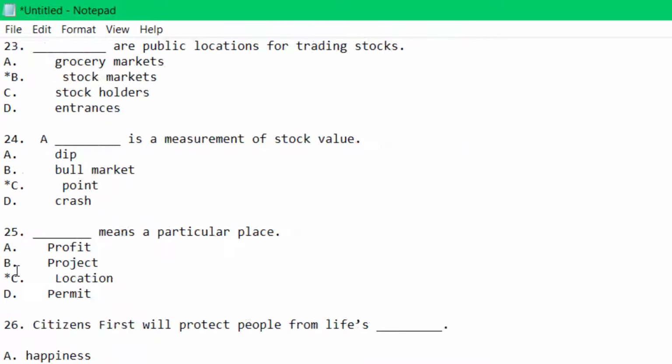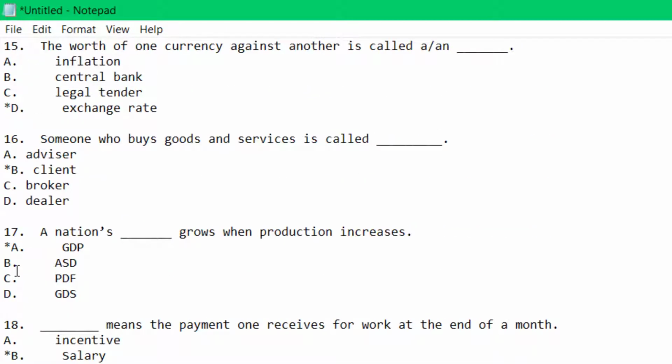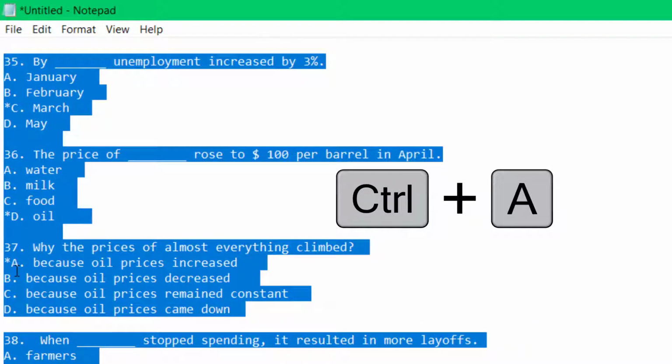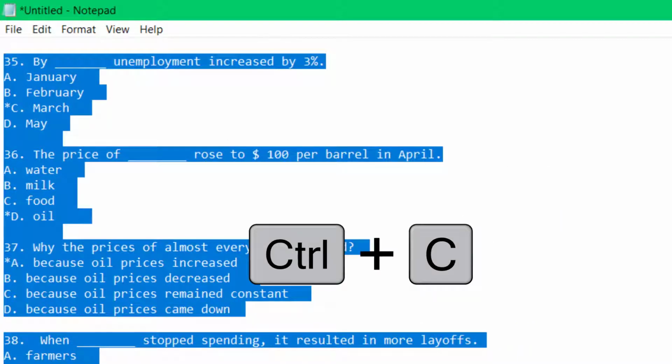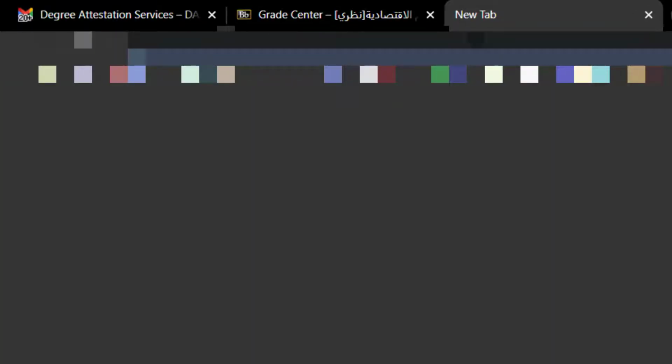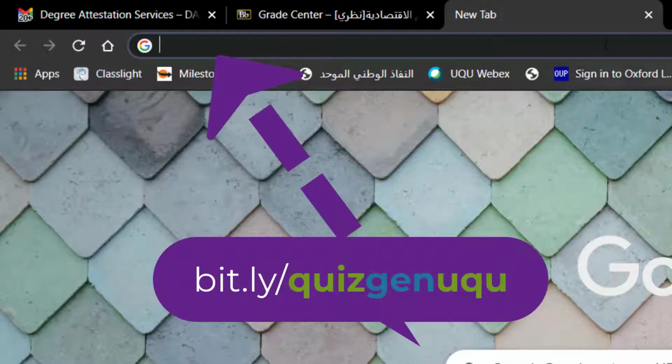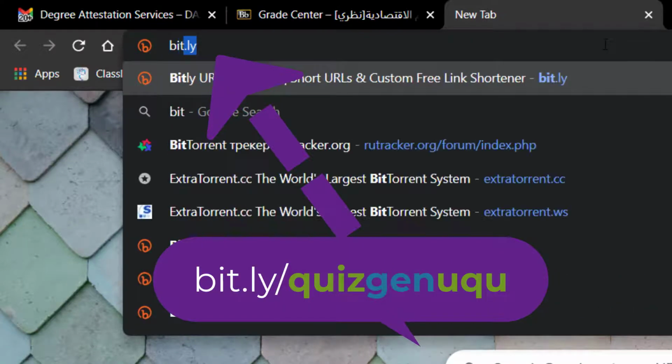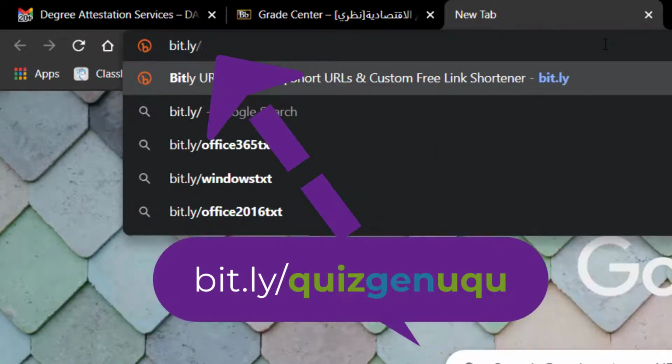The document is now ready. So what am I going to do? I'm going to press Control A, select them, Control C, copy all of the text, close it, open the browser, and here I'm going to write bit.ly/quiz